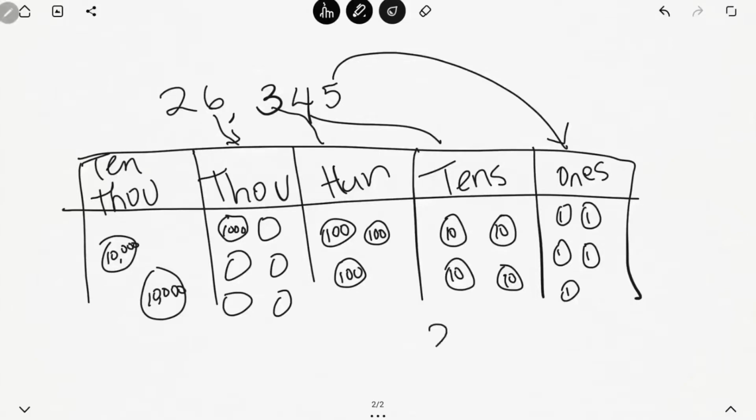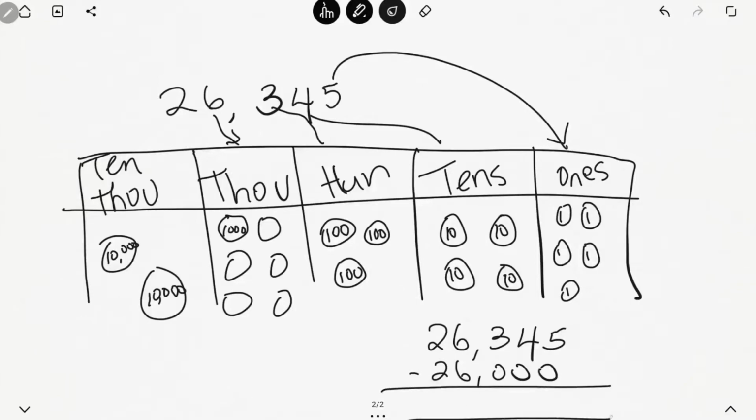Now you can do this just by doing an up-down subtraction, right? You can say 26,345 minus 26,000. All right, and you can get the difference here, which you should be able to see relatively quickly would be what exactly. You tell me. You can pause the video and do the up-down method and then come back. All right, so back in, you should see here that the difference is